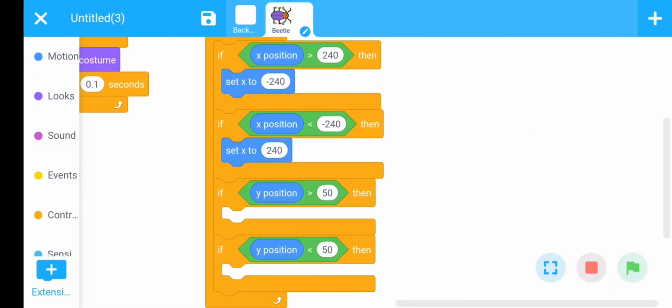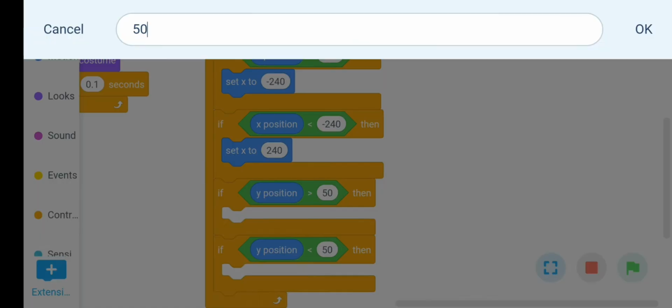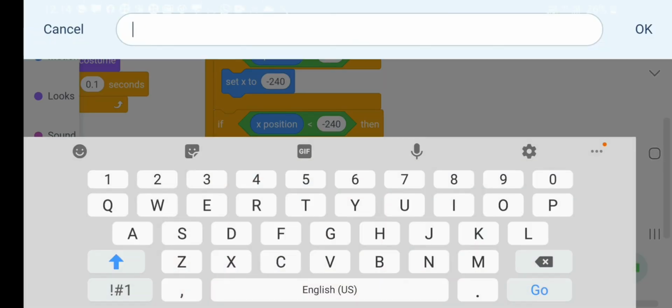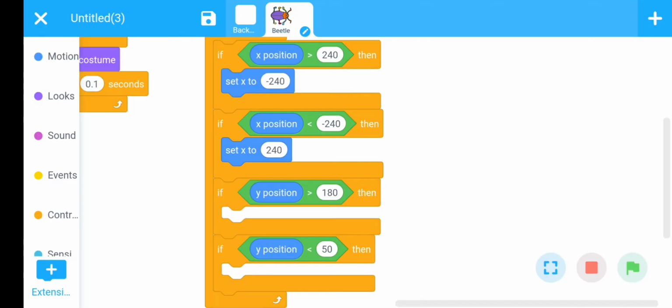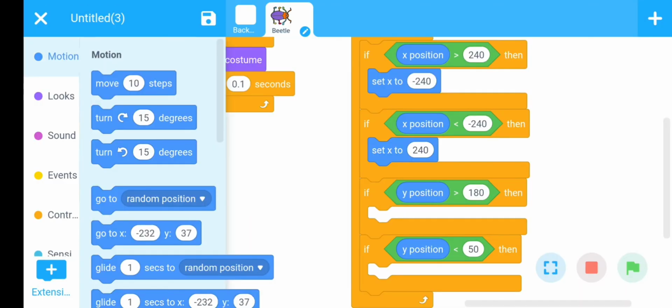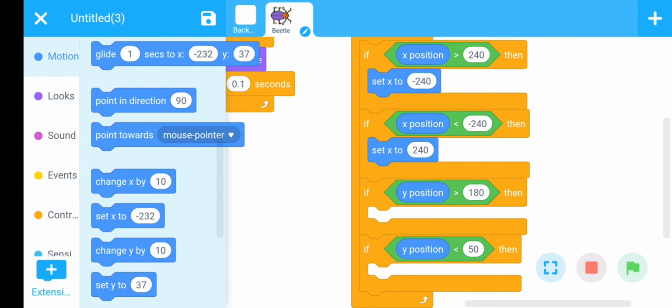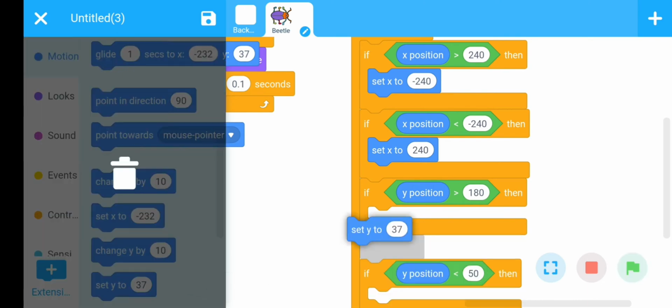Same, if it reach with, I have found here 180, let's say it reaches plus 180 value, then it will start with minus 180 value.